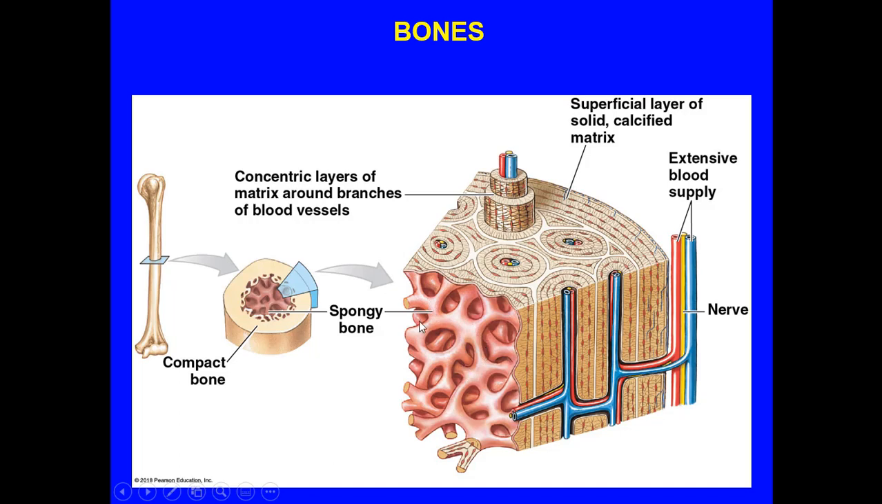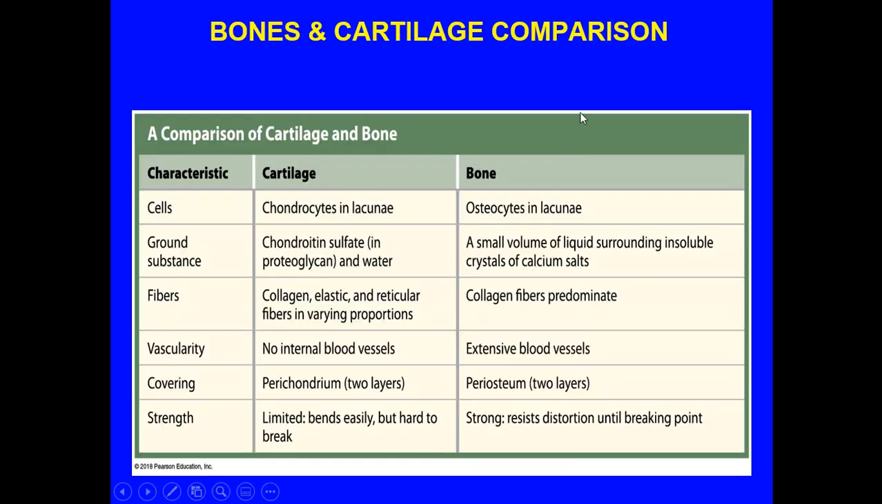As you can see, it's very different from, let's say, the arranged order that you have of these lamellae, the layers of calcified matrix. Okay? So this would be all compact bone. Right here is where you would have spongy bone. Now, I encourage you to take time to compare cartilage with bone. Not only the cells, the ground substance, the fibers, the vascularity, the covering, and the strength,